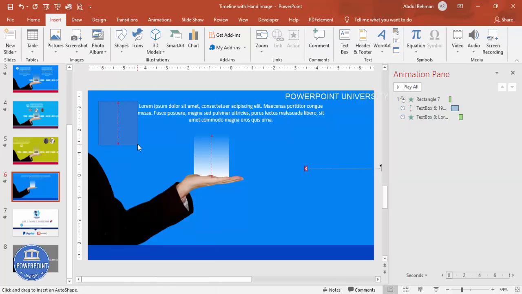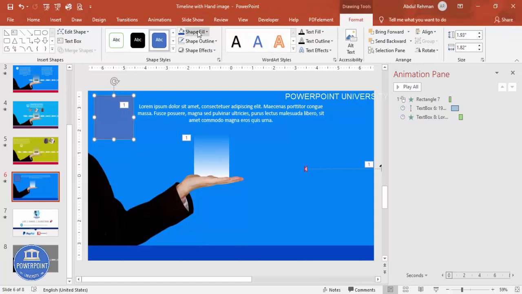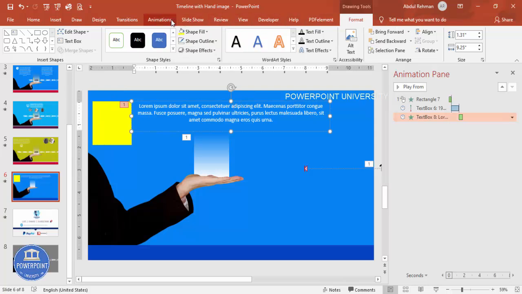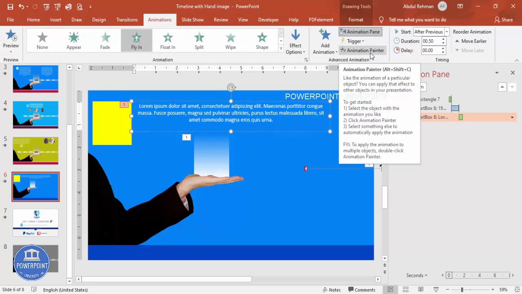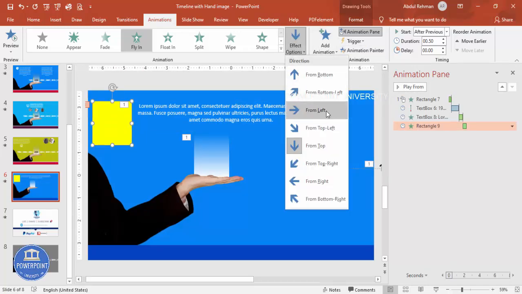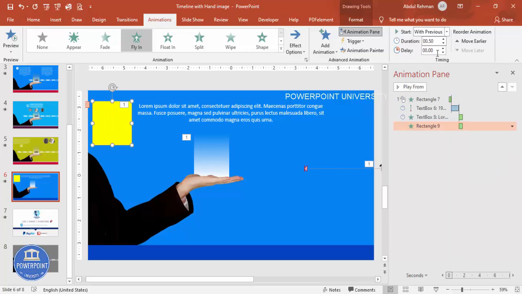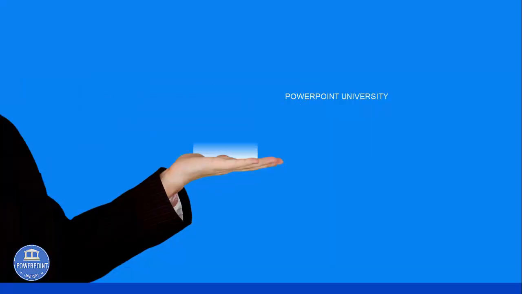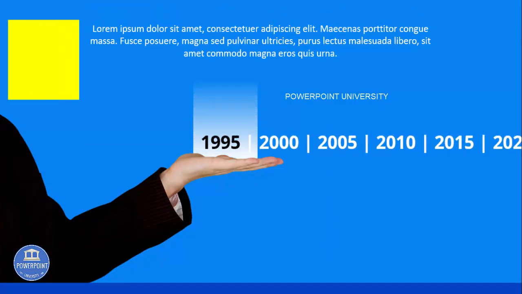For example, I want some image here or something, or some icon also I can add it, and maybe some different color I'm going to give, shape outline, no outline, just, you know, I'm giving a hint only what you can do with that one. And for this also, you can add the same animation. Go to the animations, click on the animation painter and click it here, and maybe it should happen from left, and this should happen with previous, like this. So you can see here it comes like that.